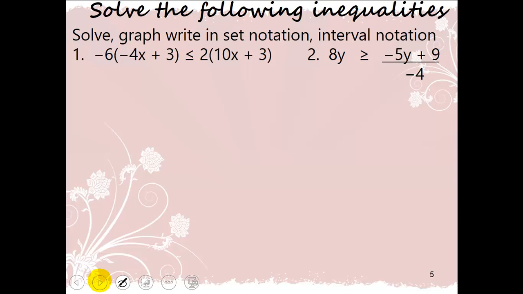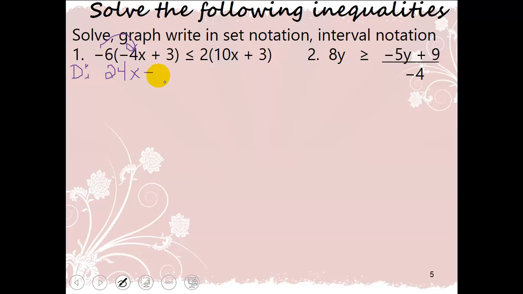All right, let's keep working. This one here, we have to distribute. Then we're going to have to combine like things if needed. We're going to have to move. We're going to have to do a lot to this. So the problems are going to get increasingly harder, more complex. So here we go. I have negative 6 times negative 4. I'm using the distribution property. Put a little d here. And I get